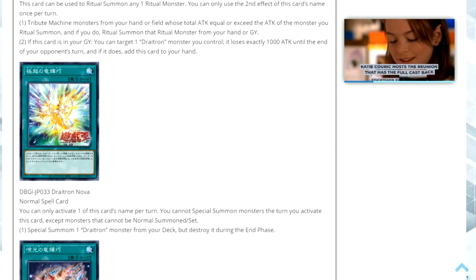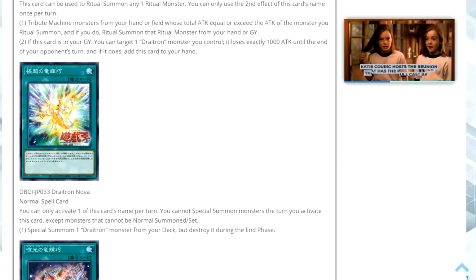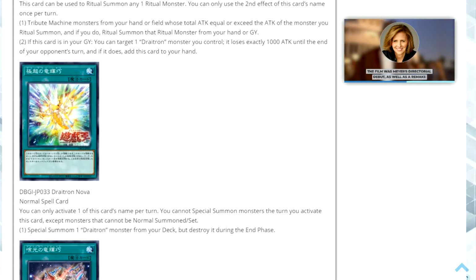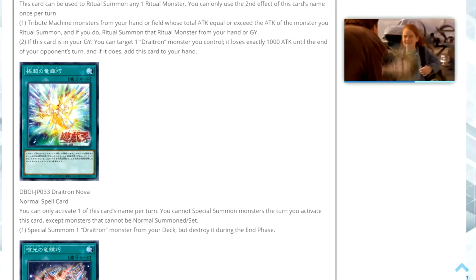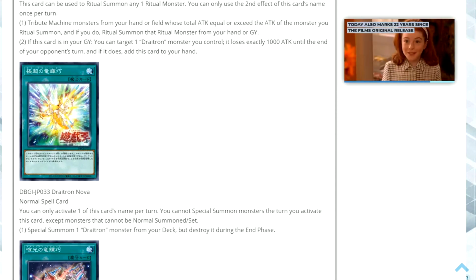The purpose of this card is it's a little bit like a Monster Reborn for the archetype, or a Call of the Haunted if you prefer. The Draitron, if it's going to be destroyed at the end of the turn, what you're going to do with it? You're going to ritual summon with it, you're going to do something with it, so that you get the